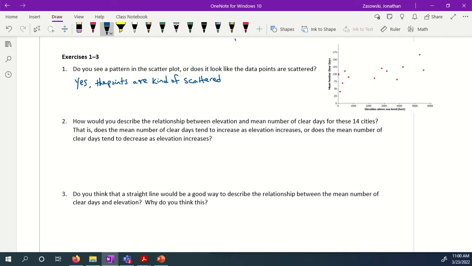Now, if they weren't scattered, and you had a graph, you would notice that they form a perfectly straight line. The less scattered case would be if the points are a little bit spread out, but they're sort of forming a straight line, like those red ones. And if it's super scattered, you might notice that there are points all over the place, and it's hard to tell what's going on here. That would be a really scattered graph. So they're kind of scattered, but generally,